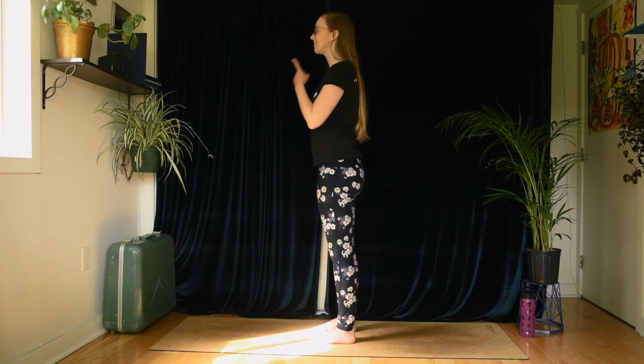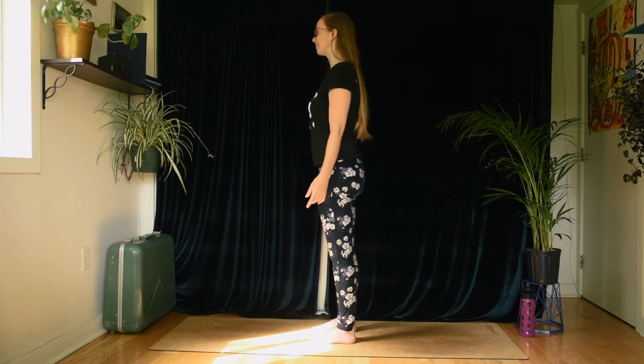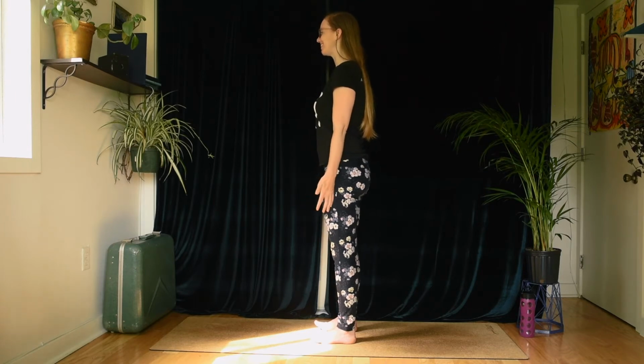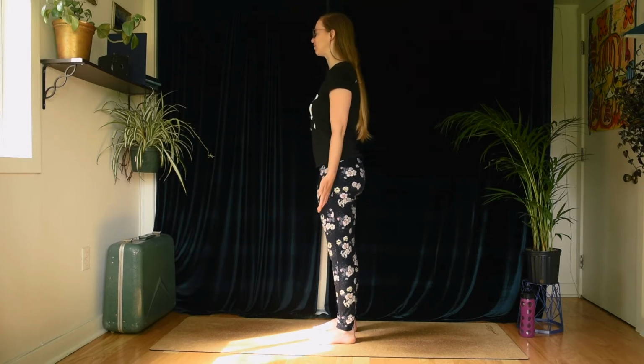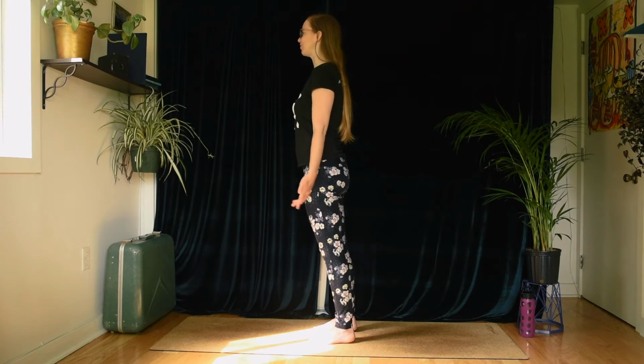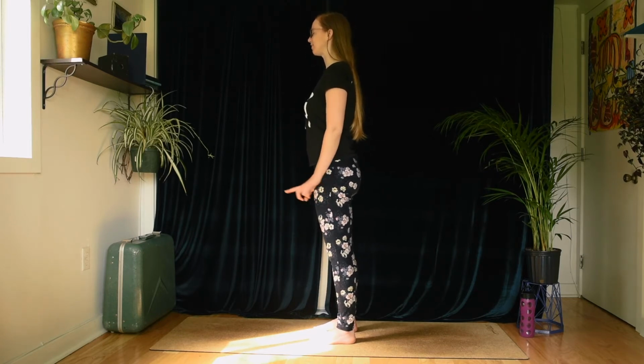Last but not least, we want to tuck our chin in just a little bit. A lot of us tend to jut our head out. We'll just want to stack the ears over our shoulders. And this is your proper mountain pose. It might look different than mine because my body is different than yours, and that is beautiful. So let's just take a moment, just do a little replay of all that, anchoring all